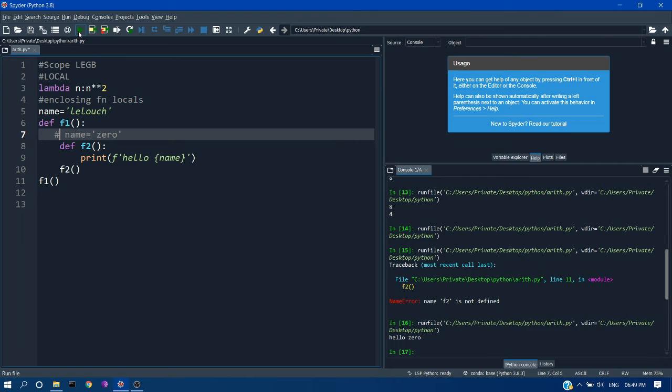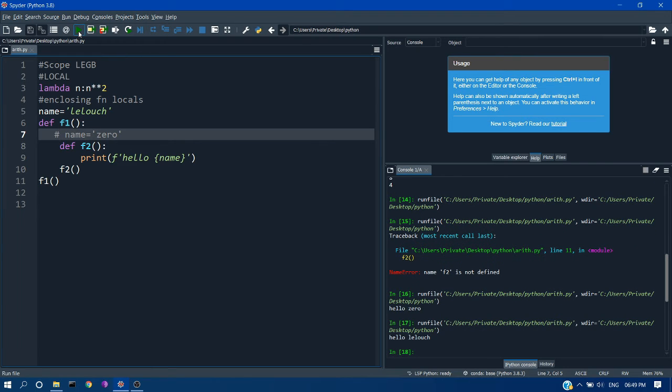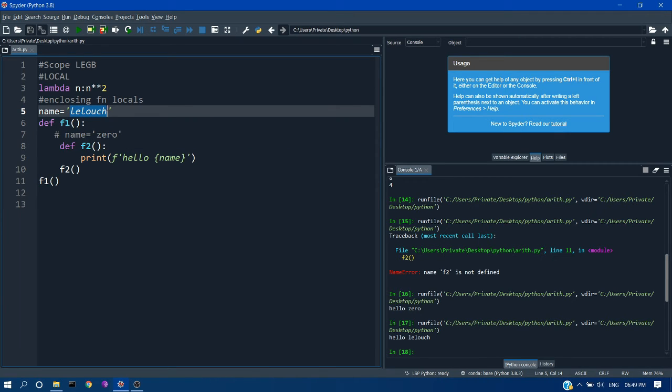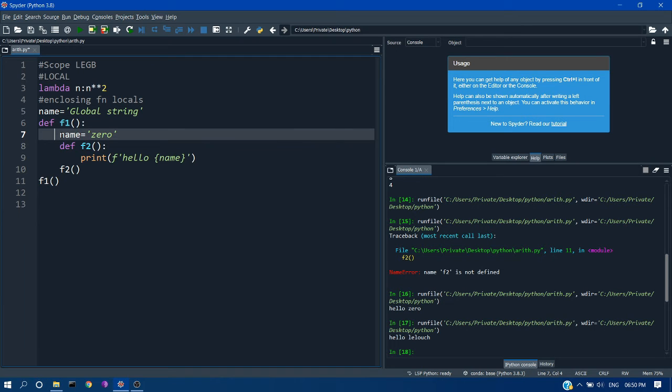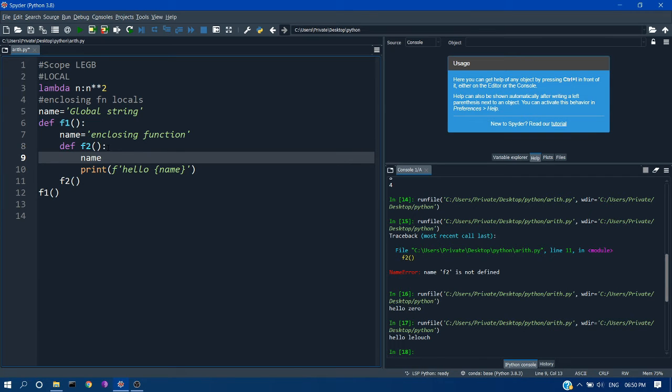To understand what I said earlier, I'm commenting out the variable name in the enclosing function local, and to make it further clear, I'm making it a global variable. You may wonder what a global variable is. Global variables are nothing but those variables which are defined without any indentation, at the top of our code. I will change this to enclosing function, and within f2 I'm again defining a variable name